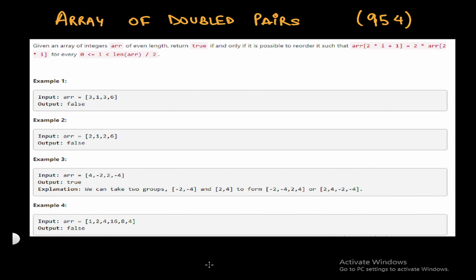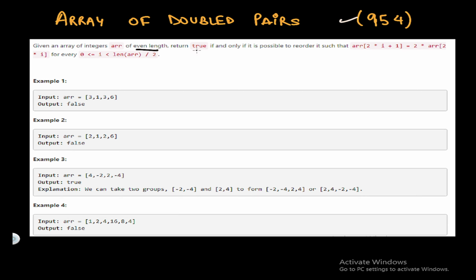Hi everyone, welcome back to the video, and in this video we will be discussing the problem Array of Doubled Pairs, which is from Leetcode, and the question number is 954. This is a very simple problem, and in this problem we are basically given an array of even length